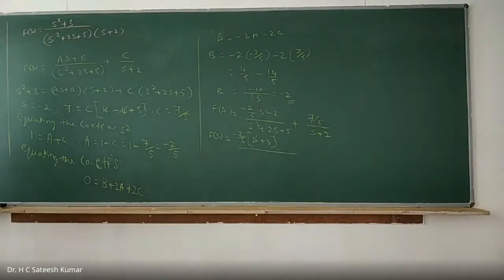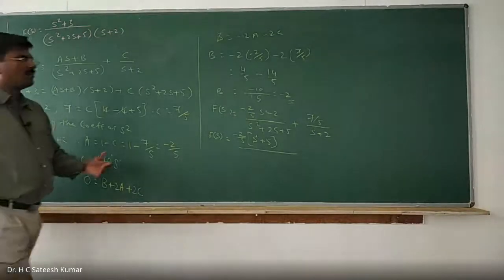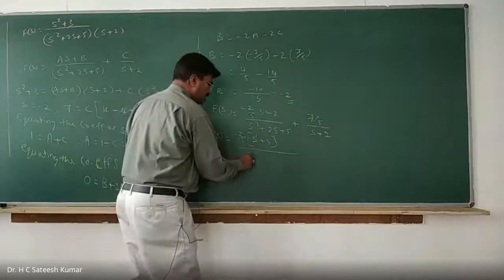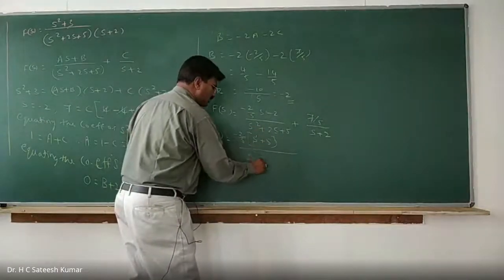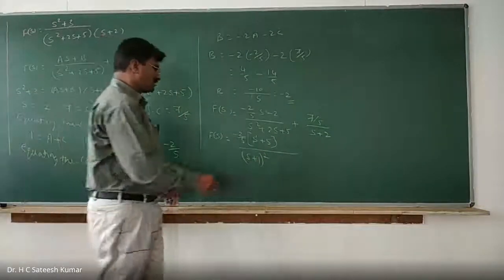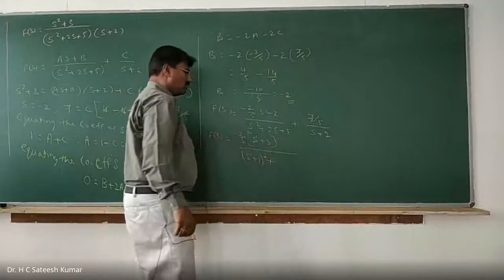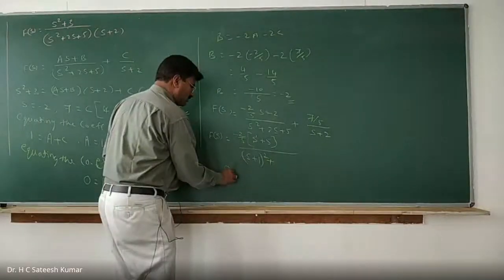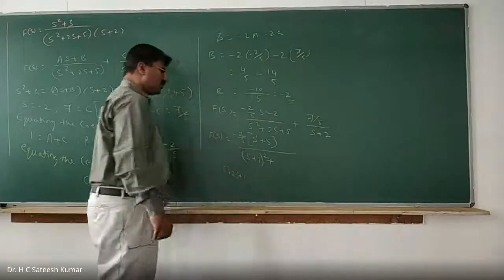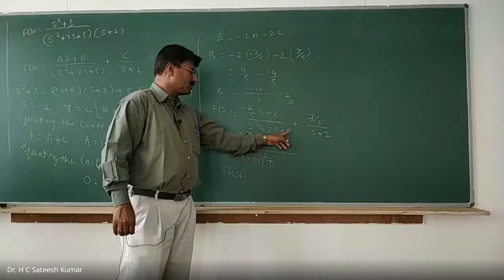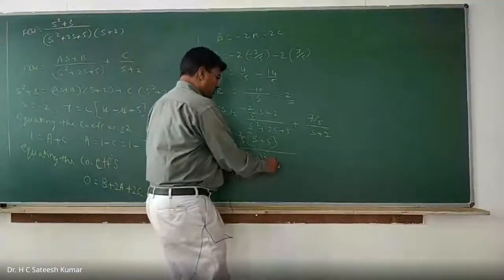Yeah. So now, following the completing the square method, what do we have? S squared plus 2s, half of it is s plus 1, so s plus 1 whole square. S plus 1 whole square is nothing but s square plus 2s plus 1, you will get it. So if you take that out, what is left out? 4. That 4 can be written as 2 square.